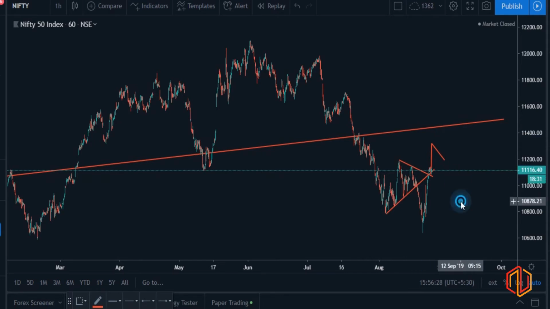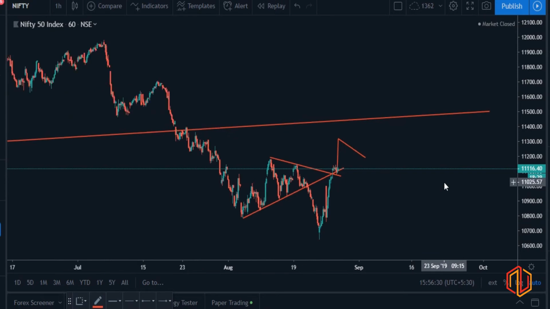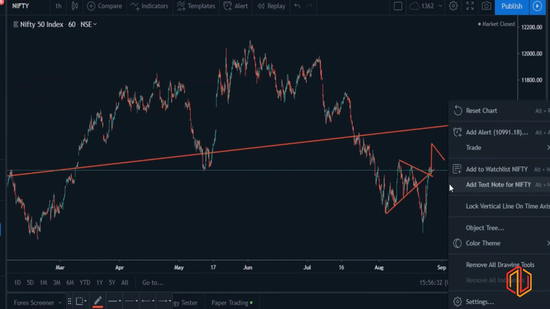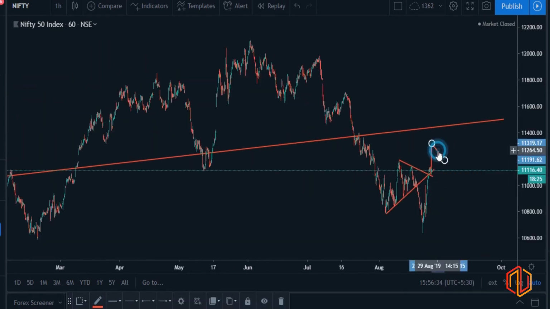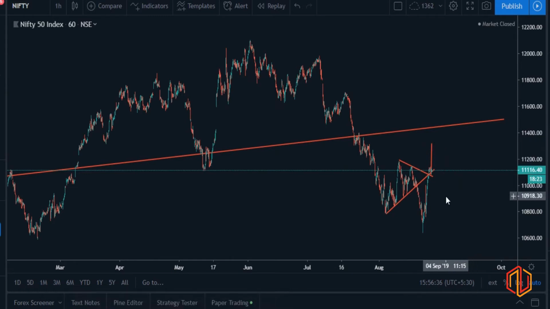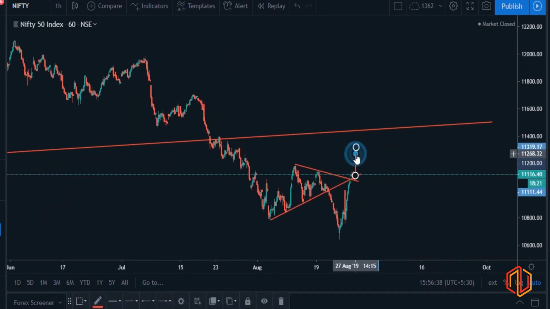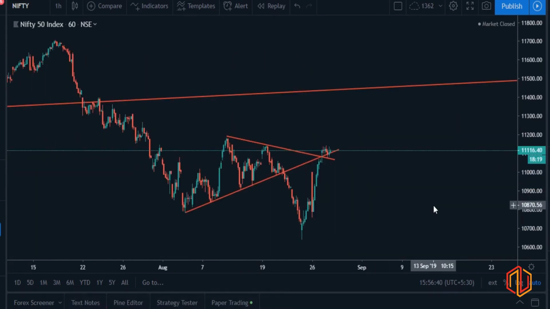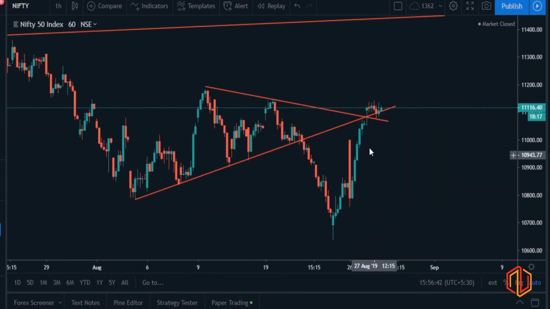So if you're selling, if you're buying, you need to be aware of the fact that price might change its course anytime. Second thing is, for you to buy, you have to be strict with the stop loss. Right now, this would be the ideal stop loss just below this point, and the target would be here. Risk to reward seems pretty good, so yes, you can take a buy, but even here there is no confirmation